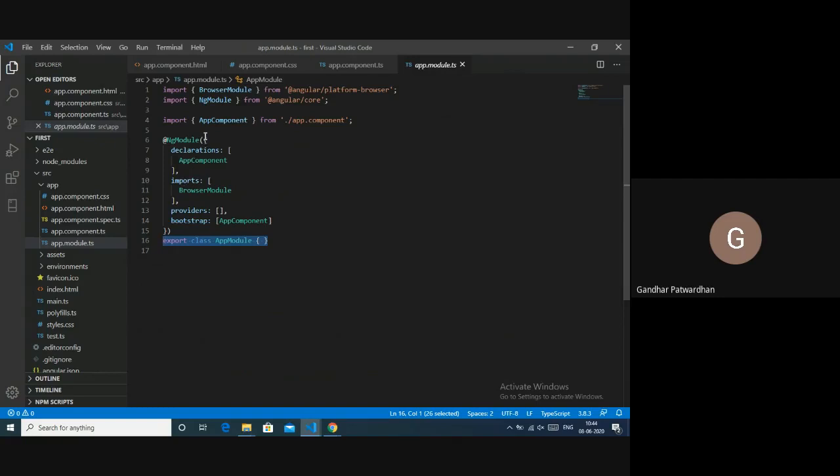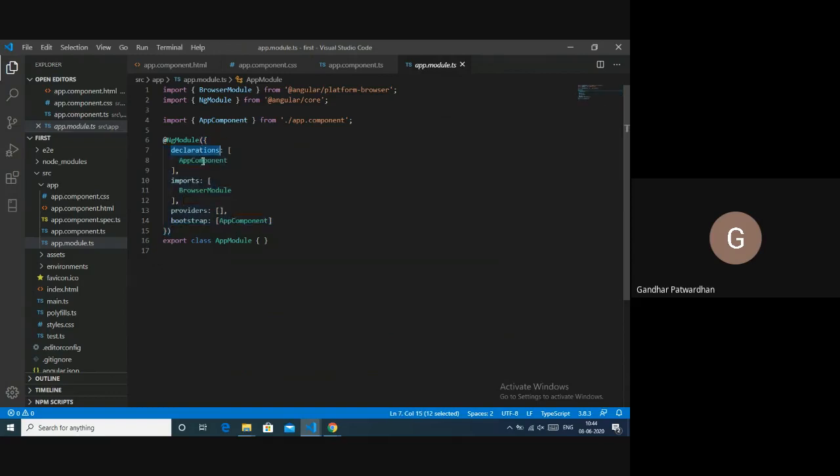If you observe this ng module carefully, it is like a function, meaning it has parentheses. It starts and ends with a parenthesis, and inside that parenthesis, what it accepts is a JSON. Inside this JSON, we have three or four important keys.